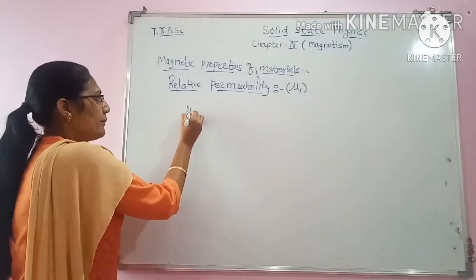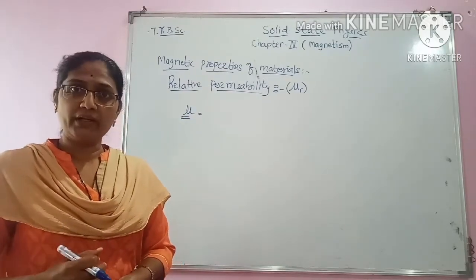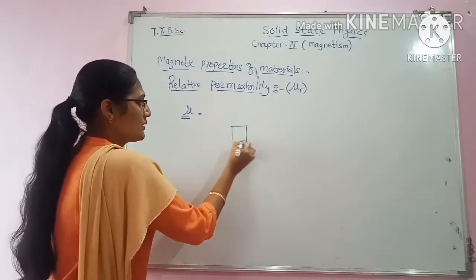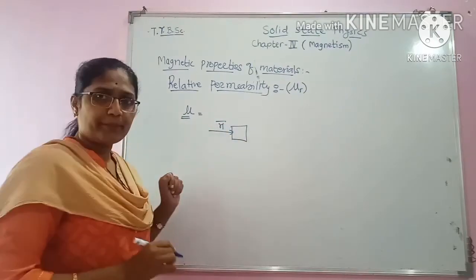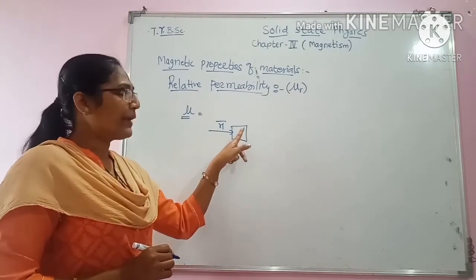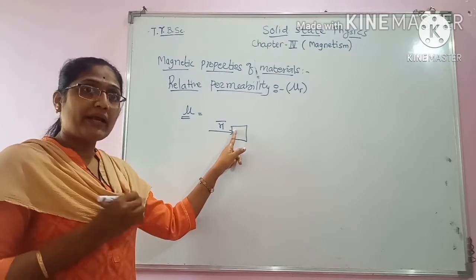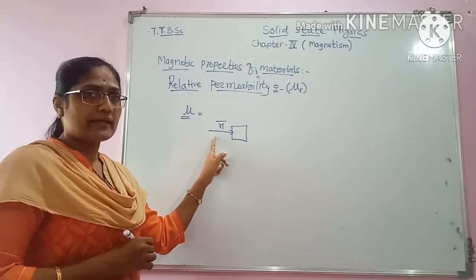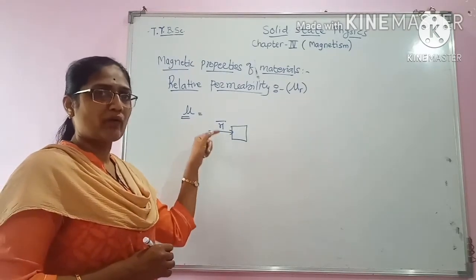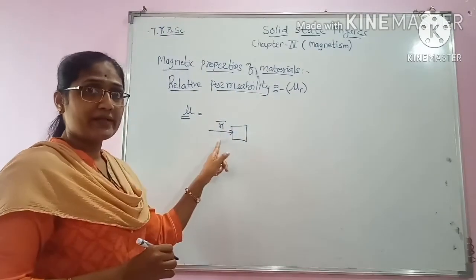When we consider what permeability is: when we apply a magnetic field to a magnetic material, the capacity of the magnetic lines of flux to penetrate through the material, or in turn the property of that material that allows the magnetic lines of flux to pass through it, is defined as the capacity of magnetic lines of flux to penetrate through the material, and that is called the permeability of that given material.